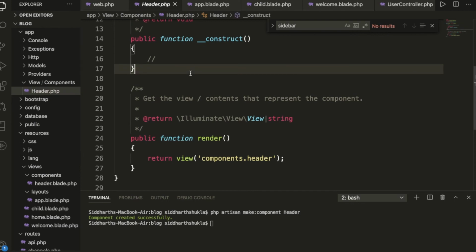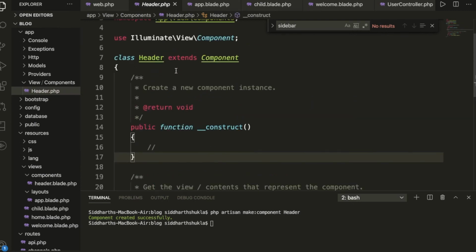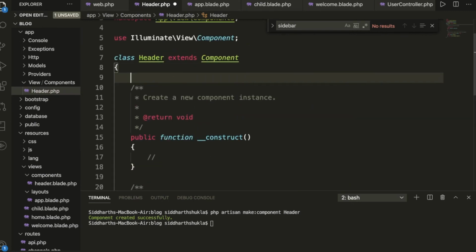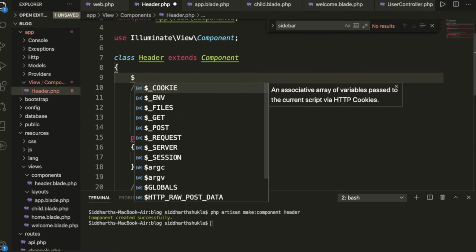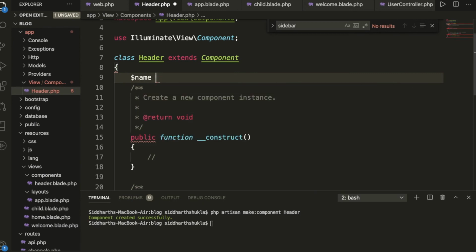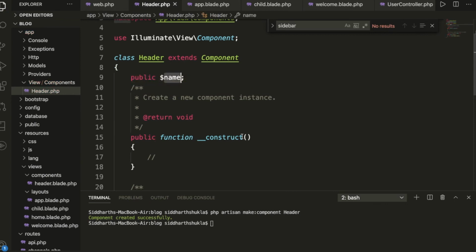So these features in Laravel are amazing, and if you want some parameters in your child, and you want to extend in any other file, how can you do that? So now I'm going to show you. Suppose I want to print something like name. Okay, so name we need to declare as public. So we have declared it as public, and inside the constructor you can put it like this one. Let me show you here, and here we need to write it as an object.